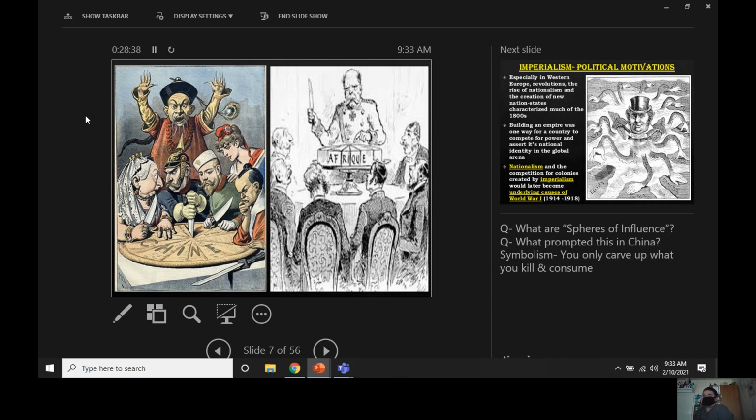China. So look at what we have. We have what looks like a Chinese gentleman. We talked about how in the Qing Dynasty, oftentimes they had those queues, those ponytails that they wore. That was part of their culture. And then you've got all these foreigners. Now, you may not know who all they are, but what we have here is, I think, Queen Victoria of England. You've got Otto von Bismarck here of Germany with the little pointy helmet. I believe that's one of the czars. That might be Nicholas II there, Russia.